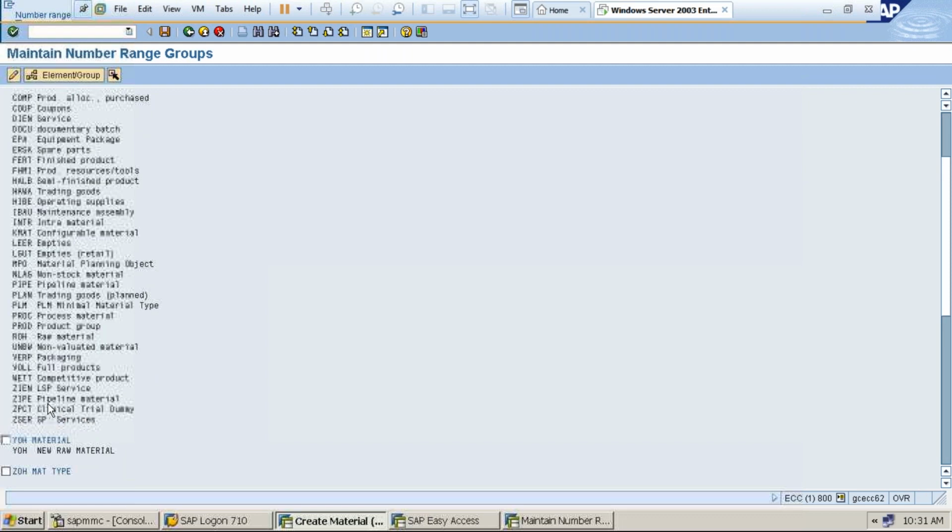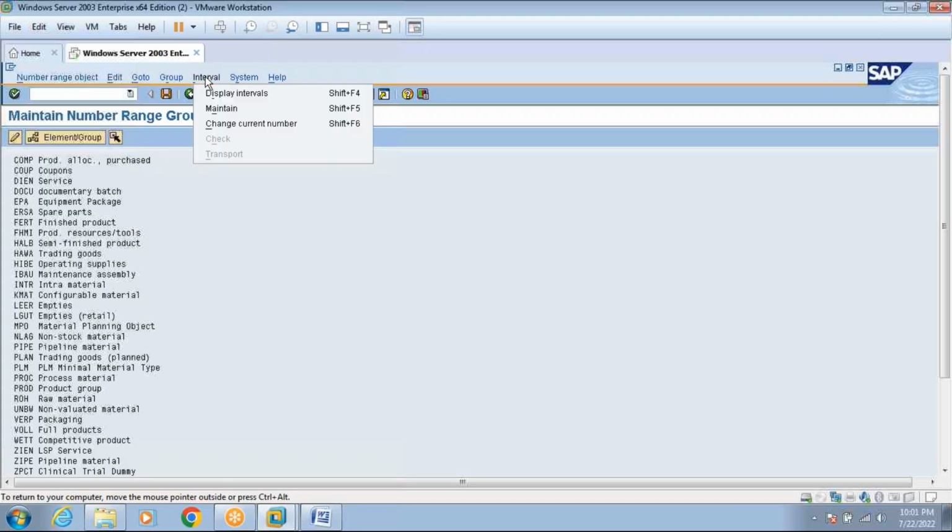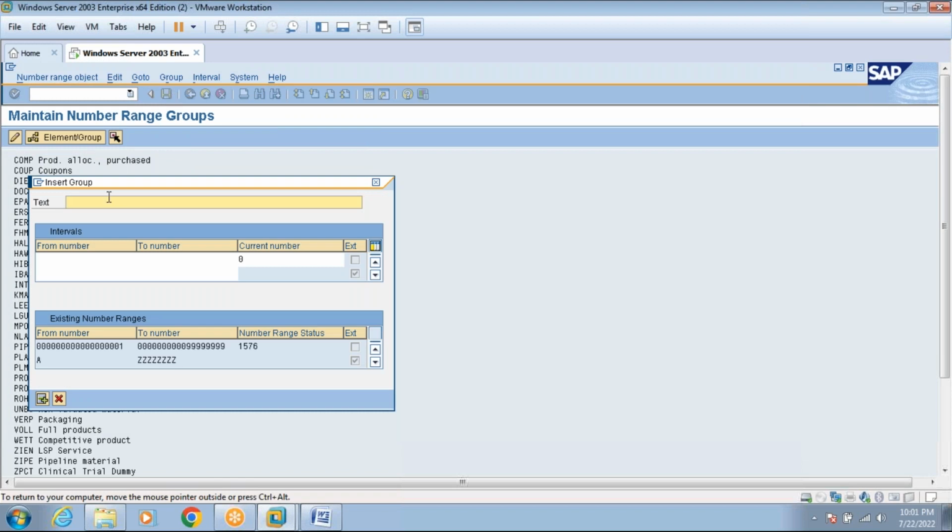See, here is ZIPE. Then we go to interval, and group insert. ZIPE is nothing but pipeline material, so we need to give the number ranges.